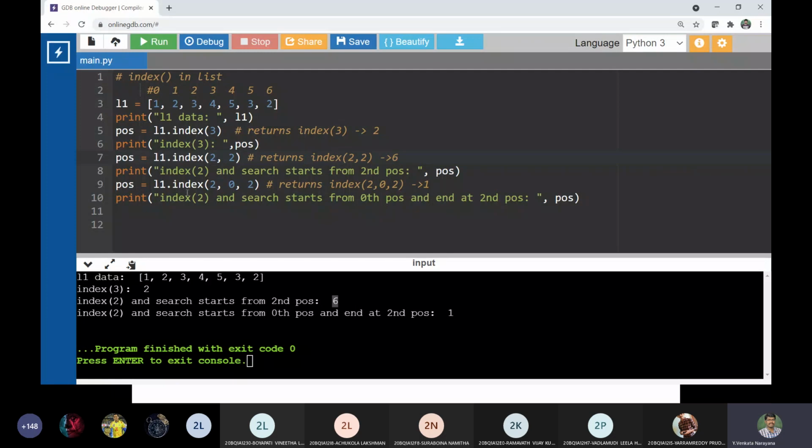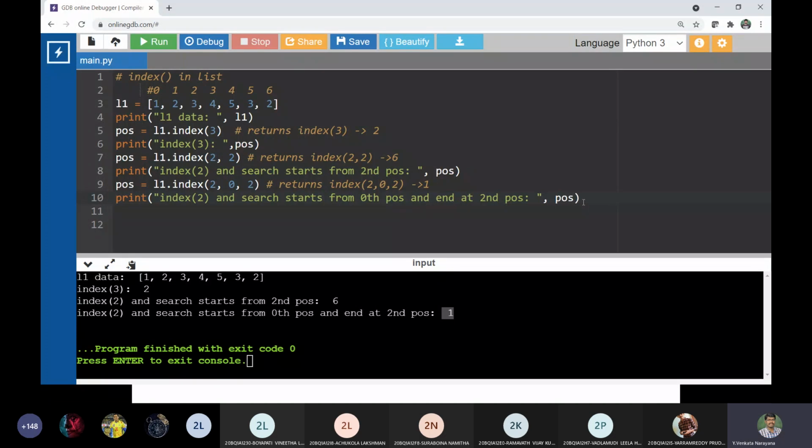In a similar way, I would like to know the index value of 2, but the search has to start from 0 and end at 2. So 0, 1, 2 are the values, and in between these, 2 is present at position 1, so the same value 1 is written here. Is this clear now, students? Yes, sir.